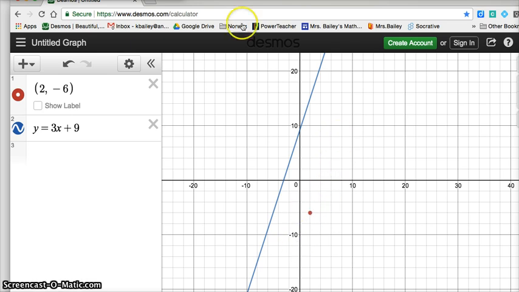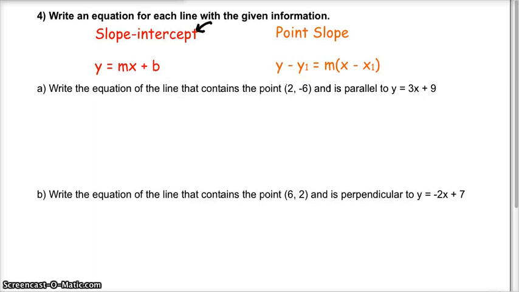So it's going to have the exact same slope. So when we go back to thinking about how we're going to write our equation in slope-intercept form, if we think about y equals mx plus b, it's going to have the same slope as this line in order to be parallel to it. And if I want it to go through that given point, so again, kind of giving you a sketch,